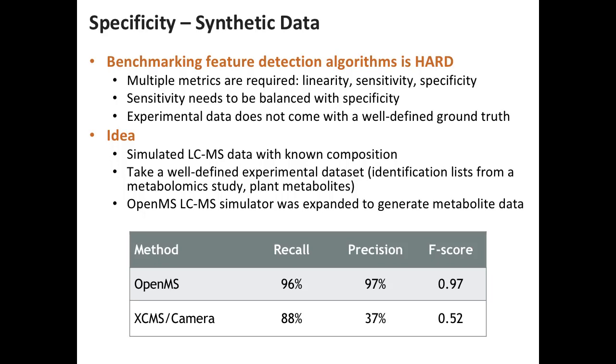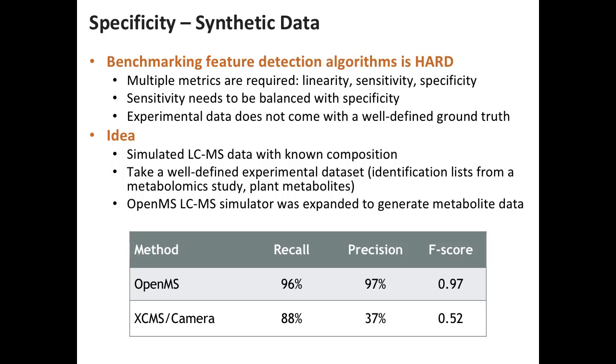simulate the spectra. We can put noise on that. The simulator has different noise models. And the good thing is you have now a ground truth. There's nothing in there except noise that doesn't have a feature behind it. And then you can start doing a more thorough statistical analysis and start asking questions about what is the precision, what is the recall of these methods. So do we actually hallucinate features?